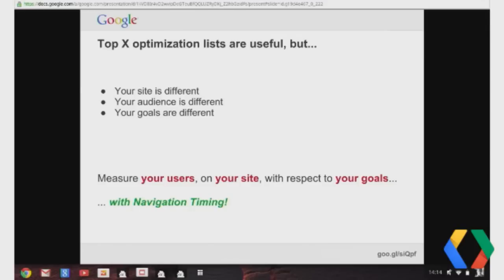So what these metrics allow you to do is actually measure all of those things with respect to your goals, right? Like, is it even worth that I spend half a day micro-optimizing this specific thing? Because maybe if it doesn't make a bottom line impact on my business, right, maybe I should work on my marketing instead. Yeah, you have to take it with a grain of salt, right? You need to be able to compare the benefit of every optimization. Exactly. Yep. Right. So that's the key aspect here.